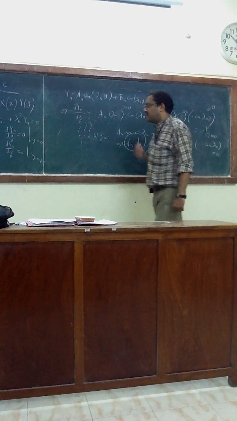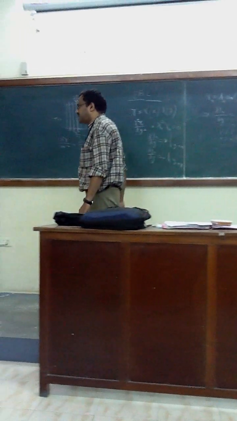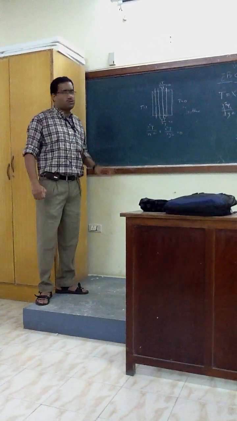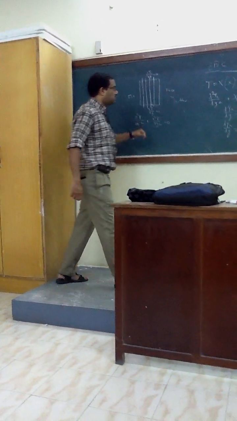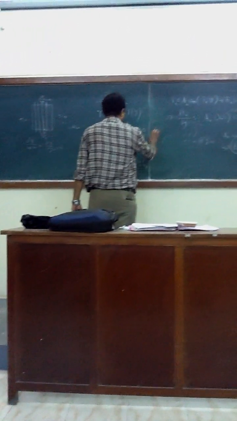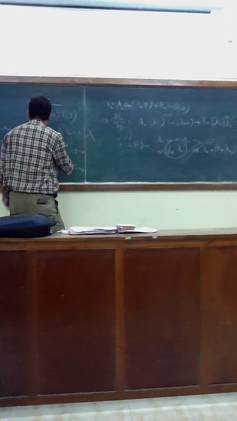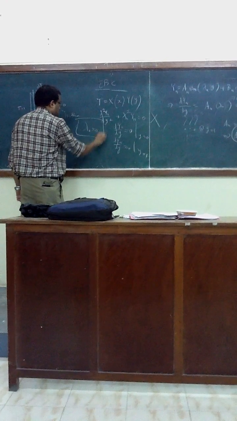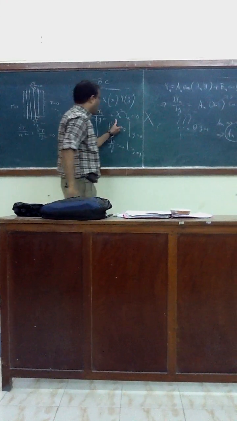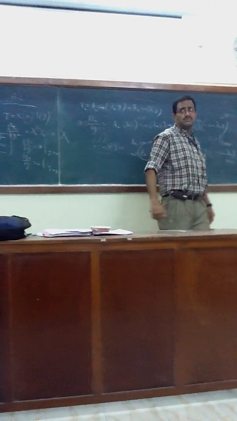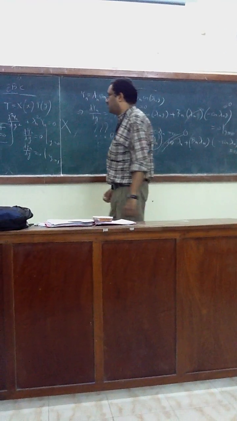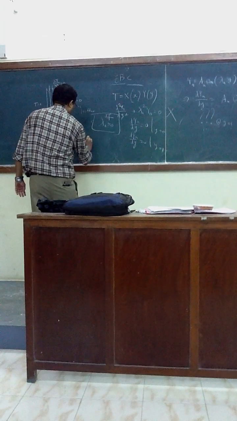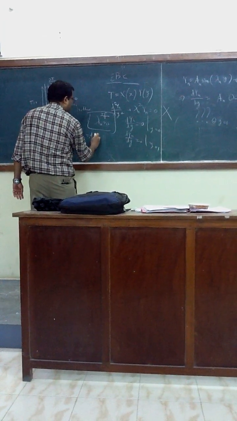The thing is that this is the condition where all our theories break. That means this is the situation where these kinds of things will not be valid, and this is only valid if lambda n equals 0. See, lambda n could be 0 also. If lambda n equals 0, what is the solution for this? Yn equals A